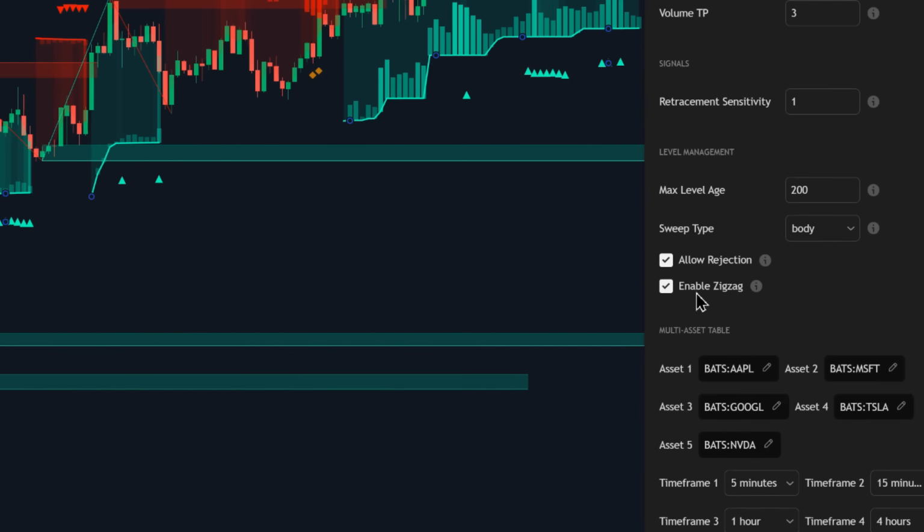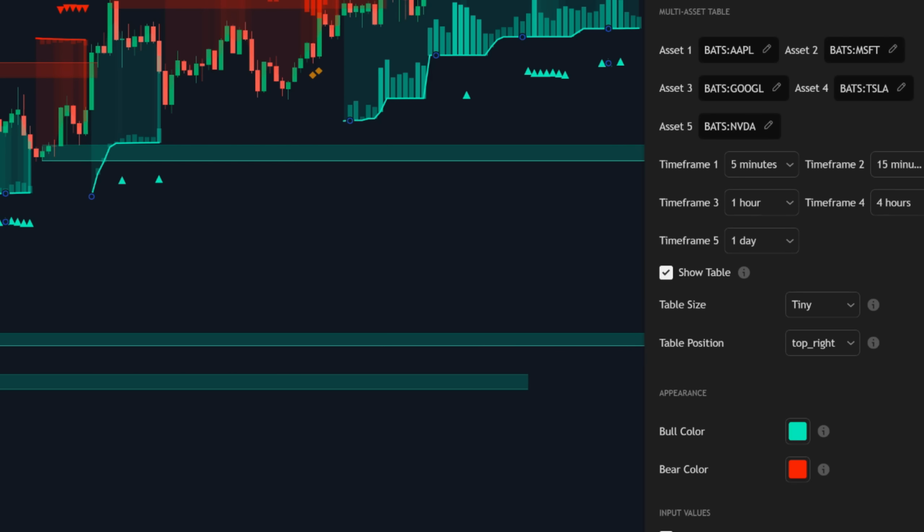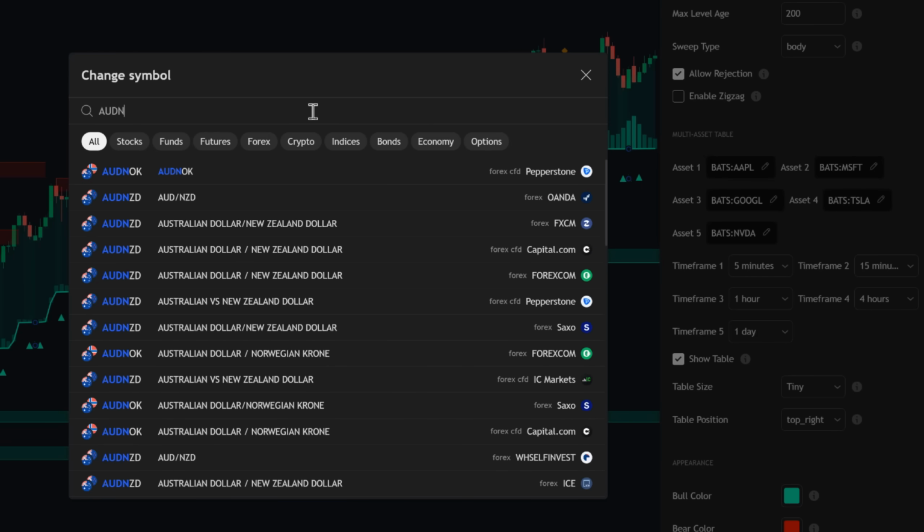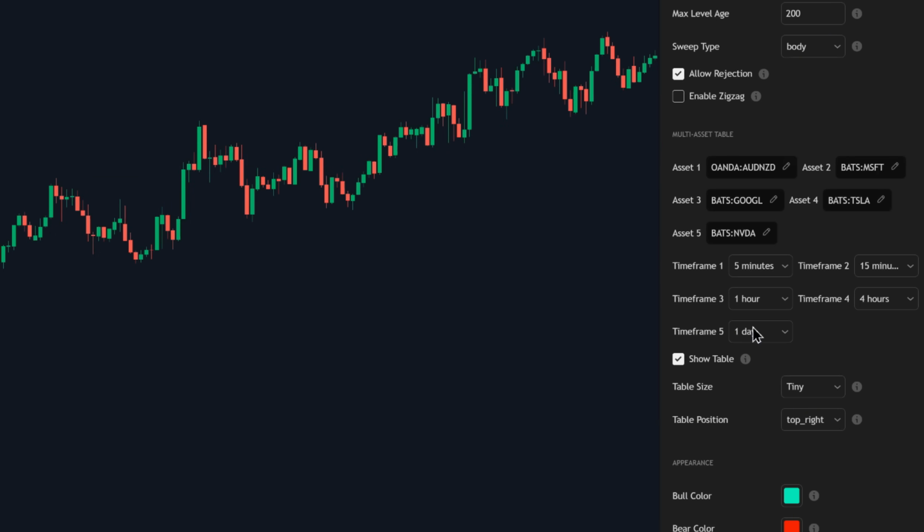Enable zigzag simply overlays a zigzag helper on structure. I disabled this to keep the chart clean. Down in multi-asset table, you can assign 5 symbols and 5 timeframes. I changed asset 1 to OANDA, AUDNZD, and left the timeframes as they are because we're running a 2 timeframe